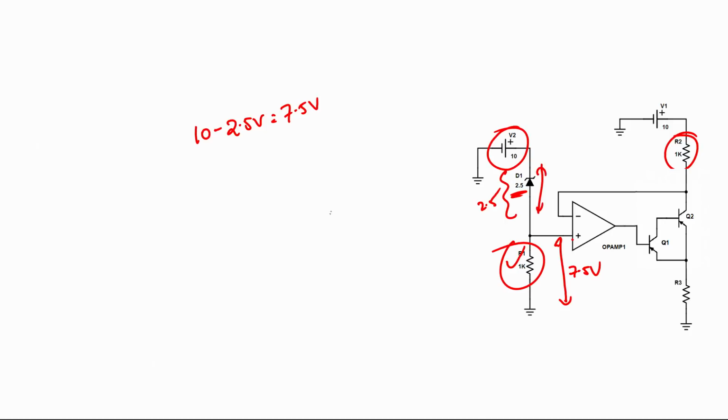In this case the current will be somewhere around 7.5 divided by 1K. So this will be the current flow across this, and it will be in milliamps. As a result, because of the smaller amount of current, it will not damage the Zener diode. Now,